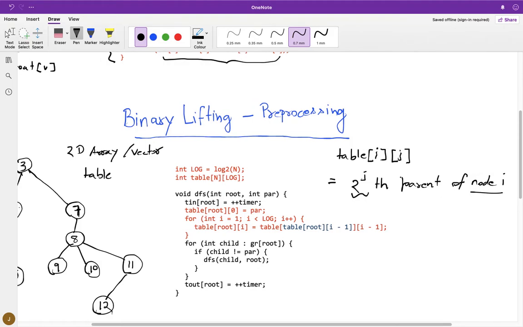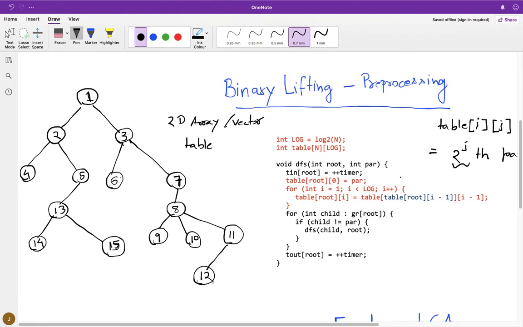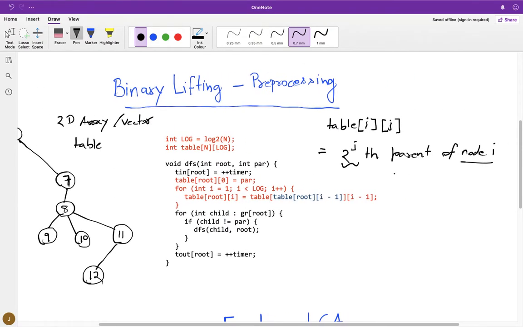Now let's think mathematically for a bit. What is going to be the dimension of this table? There are 2 dimensions, one is row and one is column. For the parent of node I, my row must be from 1 to n, because we are going to make the table for all nodes.